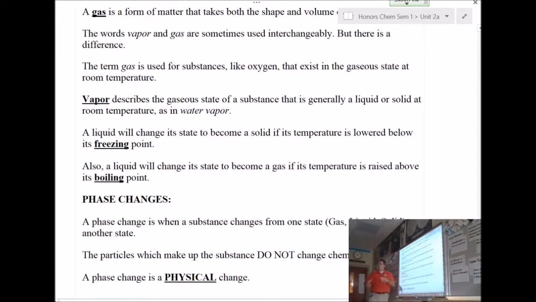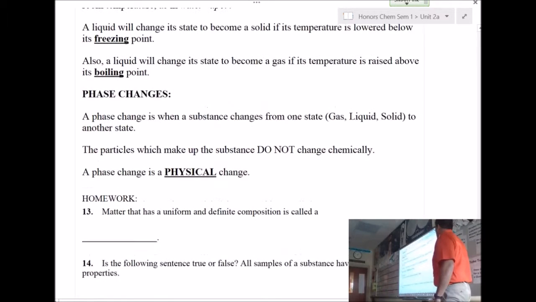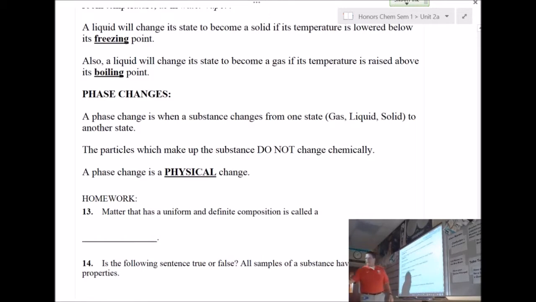But the liquid is going to change. Now, it's kind of cool to see a liquid... I have a demo for that later on. That's not today, though. When we have a supersaturated solution, I can get a liquid to change into a solid like that. And it's about the same volume here. It's pretty cool. That's another day.